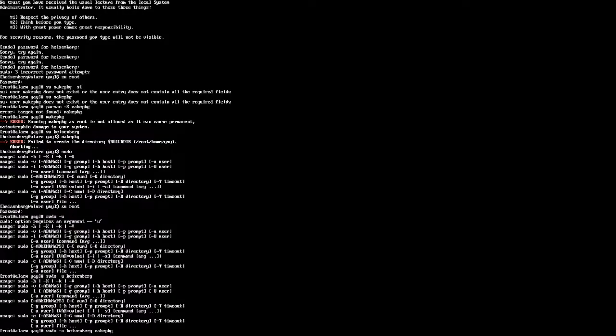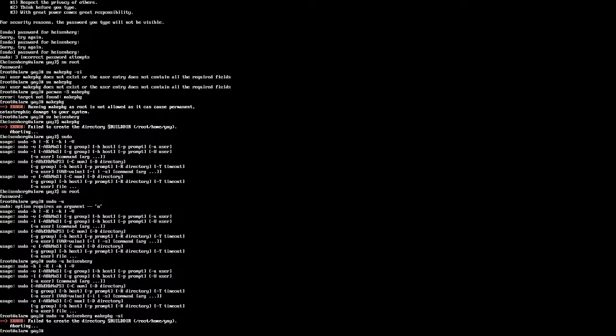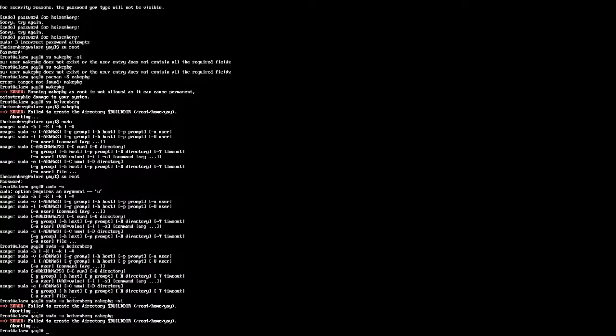Is this, like, weird? Whoa. Hold on. It didn't say anything about us not being able to do it as root. So now root can force that, but at the same time,